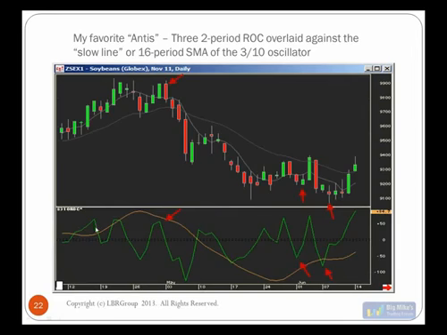So one last trick I wanted to show you here was I like to use the slow line on the 310 oscillator. Remember, that was my moving average oscillator in the very beginning, and I like to trade the flips against that. So I'll use this as my trend in momentum. So right here on this bean chart, I have a downtrend in the momentum, and I'll be a little bit more aggressive when I get the cases where this 2-period rate of change rallies back up and is poised to flip down,